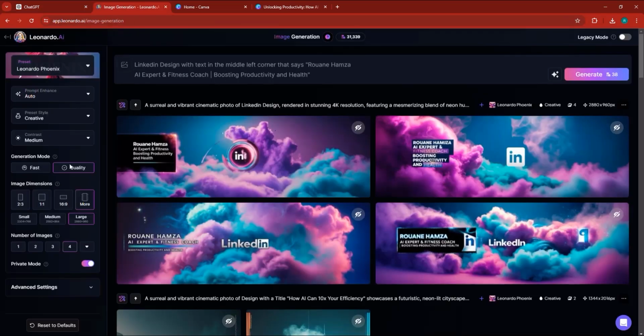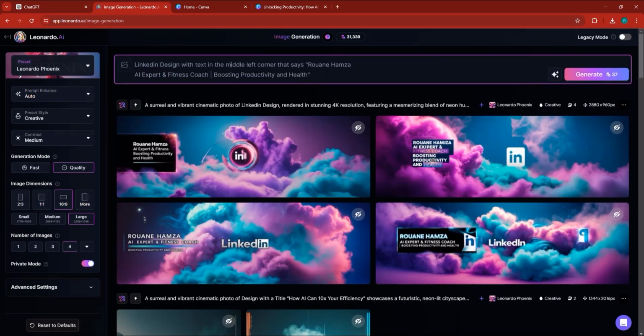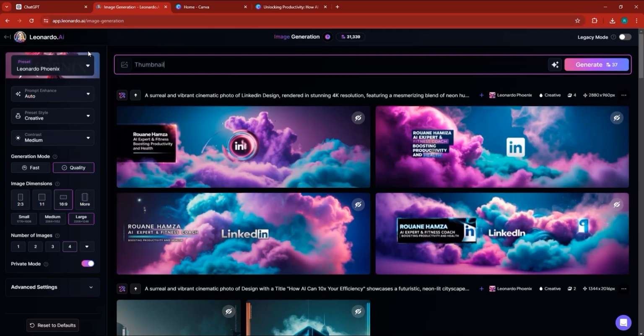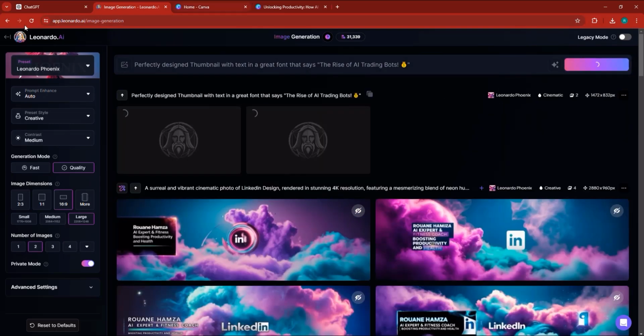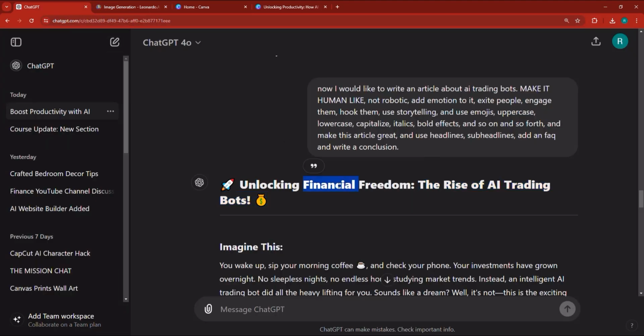So I'm going to switch to 16 by 9 inches in size. And I'm going to say thumbnail with text that says, and place the text, and that's it. And instead of just saying the rise of bots, I'm going to say with text in a great font, a perfectly designed thumbnail with text. I'm going to switch to 2 images and then click generate. So now it's going to generate the thumbnail for me while I can copy this into